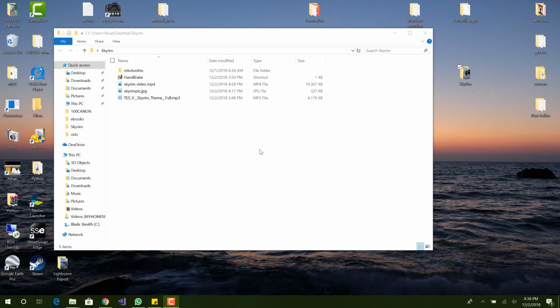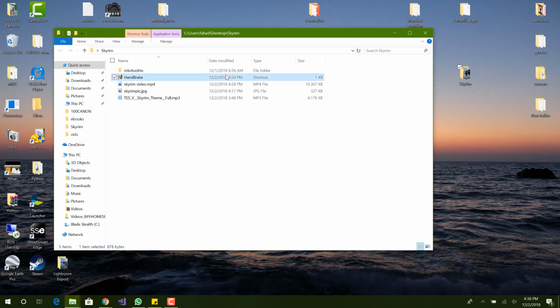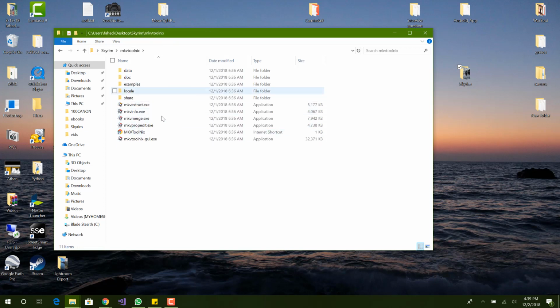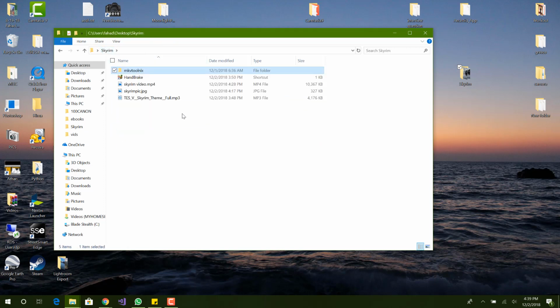Alright, the two tools you would need: first is called Handbrake. You can see I have it installed here, and the next one is called MKVToolNix, this program right here. I'll leave a link to both of them down below, so you can just check the description. But this is the easiest way to create